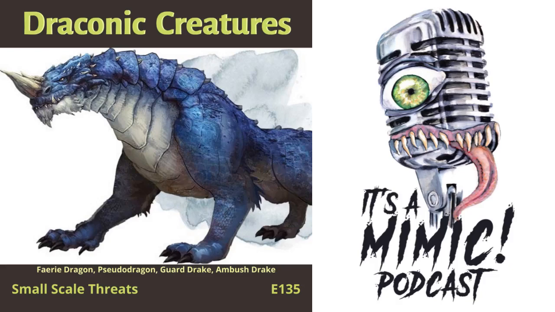I like the idea of using both of them together. Like your party gets into a fight with the Guard Drake first. And then, a couple rounds in, that's when the Ambush Drakes come in. But remember, it says round 1. Yeah, I guess that doesn't do any sneak attack. Does it differentiate between their combat round 1 or just a general combat round 1? The way that surprise works